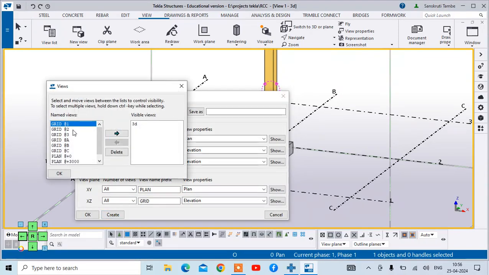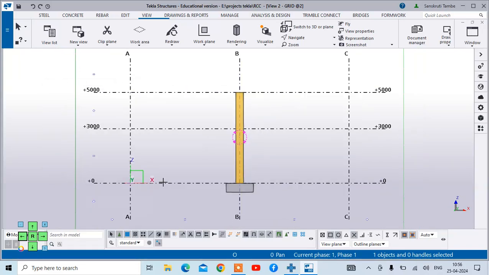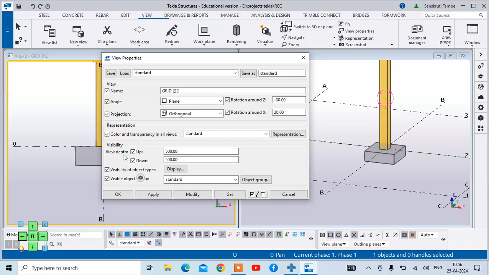So I will open the view along grid number 2. Okay, so it looks like this. Just arrange both the views in the same window by Tile Vertically. So you can see this is the 3-dimensional view and this is the front side view of this column and footing. Now if you double click on this footing,